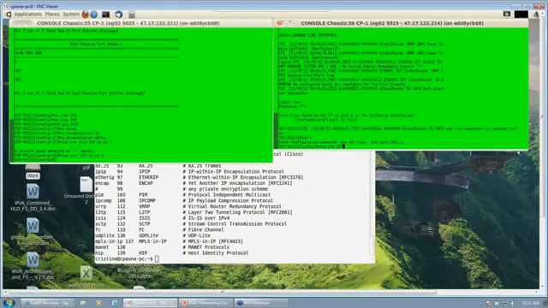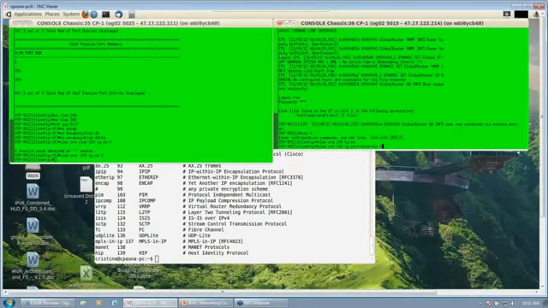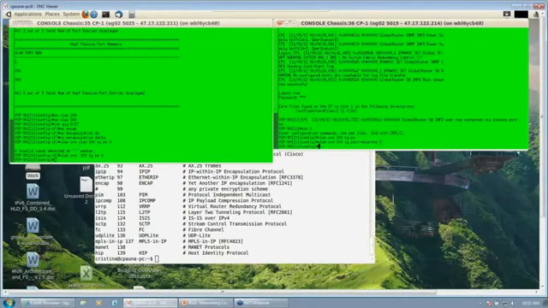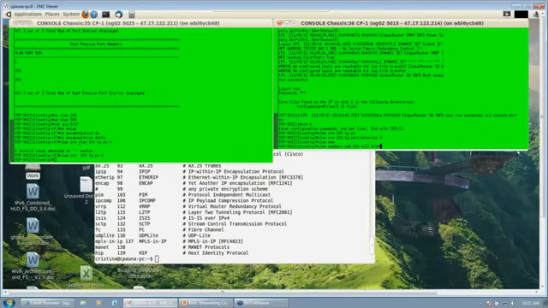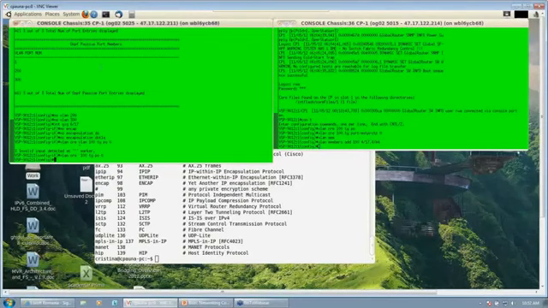VLAN create 100, the type of STP 0, the number of the STP 0. Now I will add the ports. In VLAN 100, on this device, the ports are 4/17 and 4/44. The same on the first device.